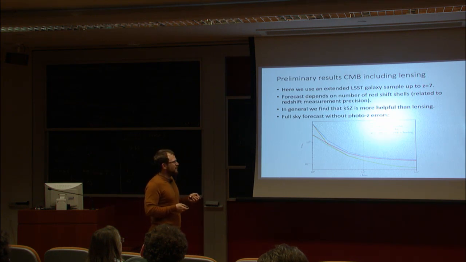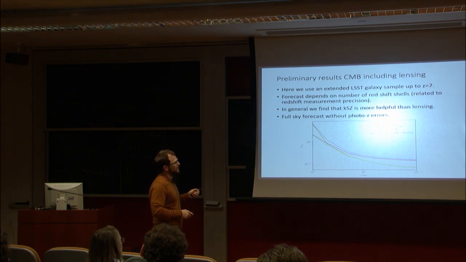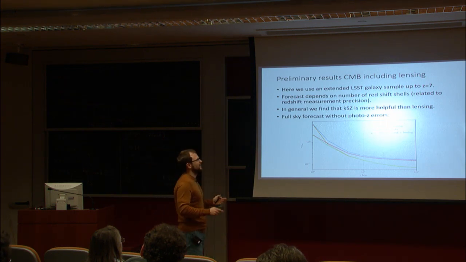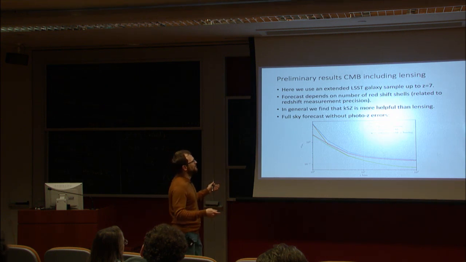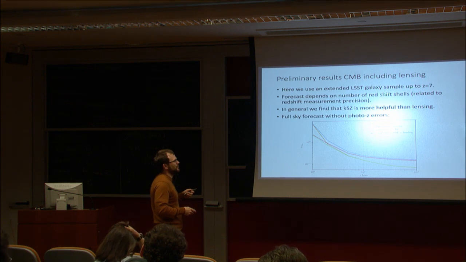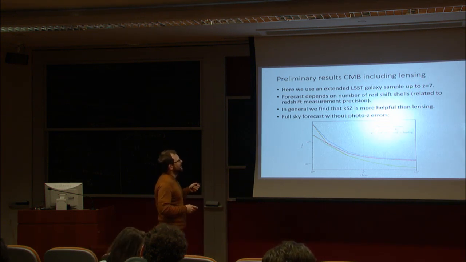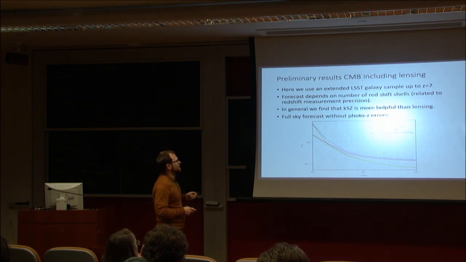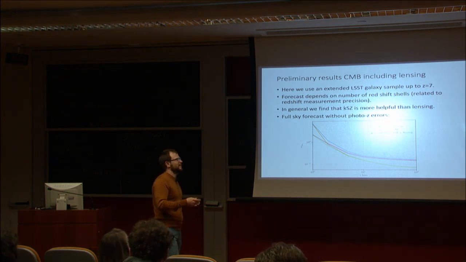Okay, so anyway, we did this, and now I'm showing you here one plot that combines lensing and KSC. But I want to say that it's a preliminary plot. It does not include, for example, photo-z errors. And it uses a full sky observation, which is not realistic, so you don't get full sky CMB and full sky galaxies. But anyway, with these approximations, and the galaxy density up to redshift 7, which is for LSST, which is also kind of an optimistic thing, we find that for very few redshift bins, that means very poor redshift information, basically,